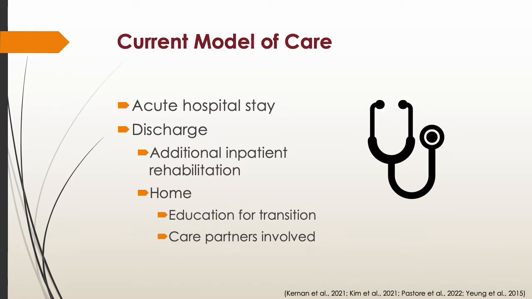Stroke recovery typically begins with an acute hospital stay, where the healthcare team develops strategies to prevent recurrence of stroke, facilitate management of new needs, reduce incidence of further complications, improve quality of life, and increase access to specialists when they are needed. This is also when the rehabilitation team begins working with survivors. Survivors are often discharged early from acute care to receive rehabilitation services while living in the home environment, and if survivors are not functionally ready to return home yet, their stay in acute care remains brief as they are then transitioned to other inpatient rehabilitation settings.